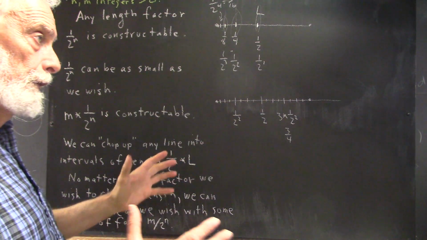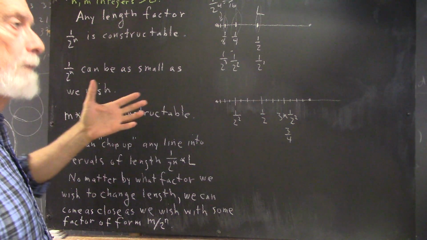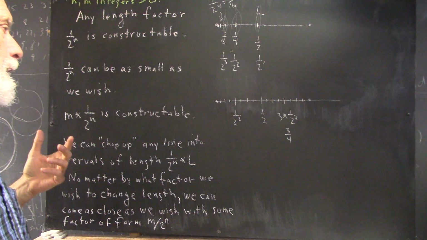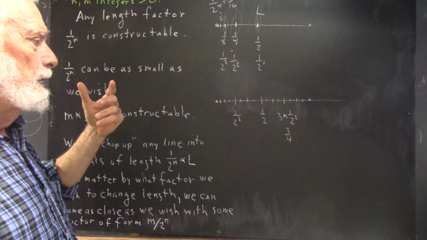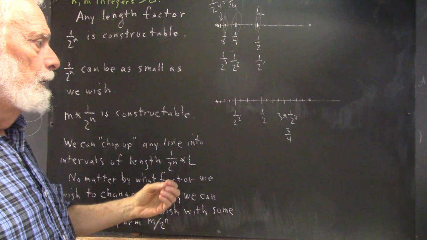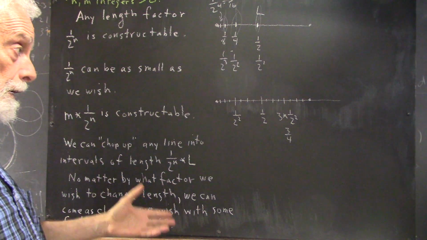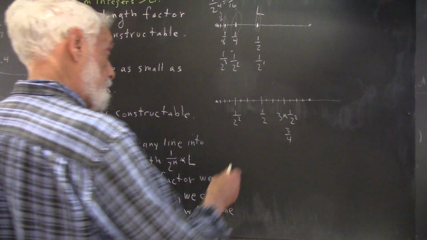Okay, so we can refine this as much as we want, so that in a theoretical sense, we can geometrically construct any factor that's as close as we desire to being accurate. Even if we can't get it completely accurate, we can get as close as we desire. So if we wanted to do factor pi,